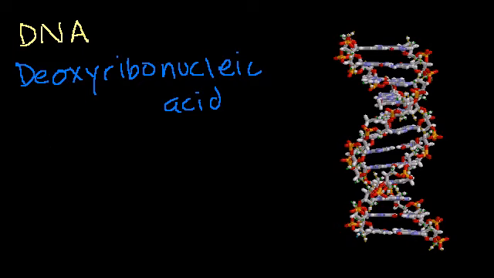And what I want to do in this video, because I think that's kind of common knowledge, popular knowledge, that what makes my hair black or my eyes blue or whatever, that's all somehow encoded in our DNA. But what I want to do in this video is give you an idea of how something like DNA, a molecule, can actually code for what we are. How does the information, one, get stored in this type of molecule, and then how does that actually turn into the proteins that make up our enzymes and our organs and our brain cells and everything else that really